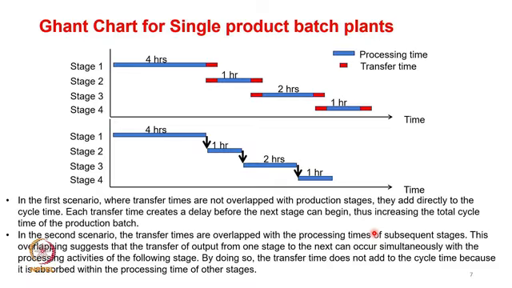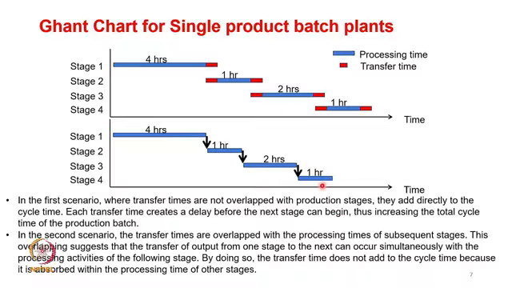Okay. So, the first scenario is where the transfer times are not overlapped by the production stages, so they add directly into the cycle time. Cycle time is when you complete one entire cycle of the process. So, what would happen after the 4 hours are completed? You move from stage 1 to stage 2, then stage 3, then stage 4. But you have to understand that in between stages there would be some time for transfer. Ideally, if you need to account,